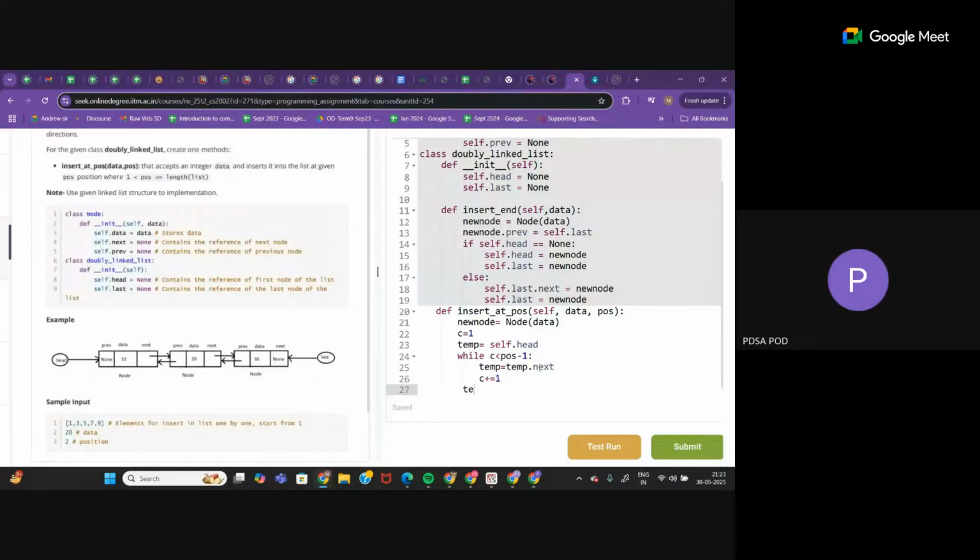Temp is again updated, pointing to the third node. C is now 3. 3 is again less than 4. Temp is again updated and is pointing to the fourth node. C is now 4. So 4 is not less than 4. But what is temp pointing to currently? Fourth node. So at this point, I'll step out of the loop. Then outside the loop,